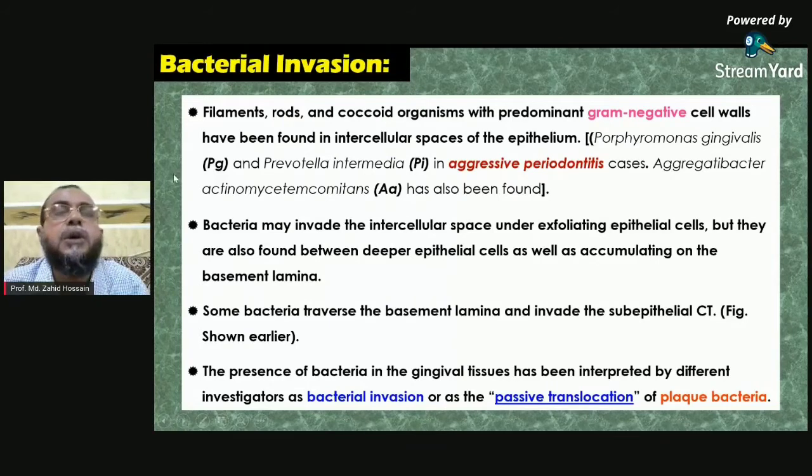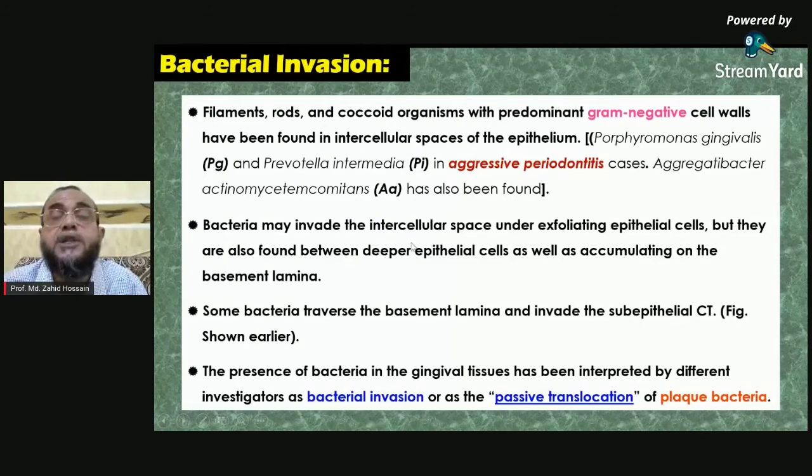You will find mainly Porphyromonas gingivalis, we call it PG, and Prevotella intermedia, we call it PI, in aggressive periodontitis. Aggressive periodontitis, I will give another lecture on, inshallah. It is a condition that occurs at an early age, where without knowing the cause, a lot of destruction of the periodontium occurs, and more and more angular vertical bone loss. In this case you will find more PG and PI, and also Aggregatibacter actinomycetemcomitans, a very common bacteria in the periodontal pocket. Remember this.